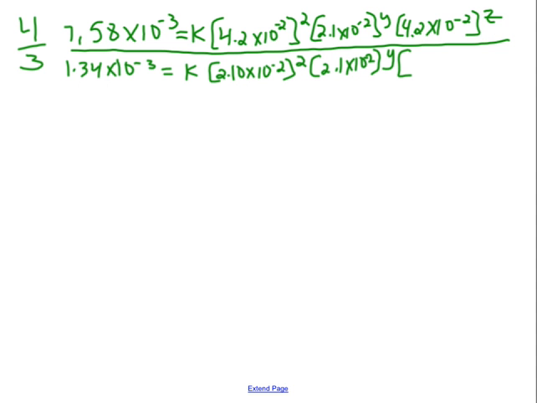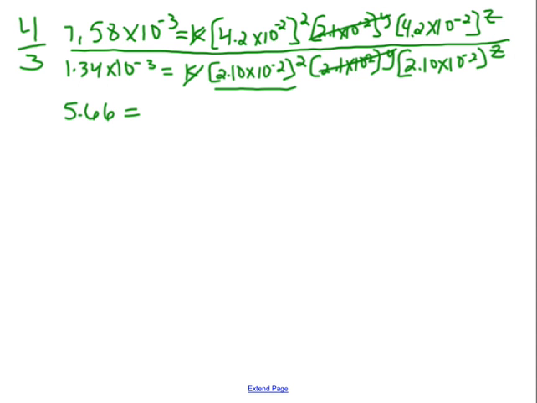And then this one is 2.1 times 10 to the negative 2nd to the z. Well, this cancels now, right? Now, this whole thing right here doesn't cancel, but it's a number, right? So I'm going to cancel this out, and then I'm going to go ahead and do my division. So when I divide 7.58 e negative 3 divided by 1.34 e negative 3, I get 5.66 is equal to,